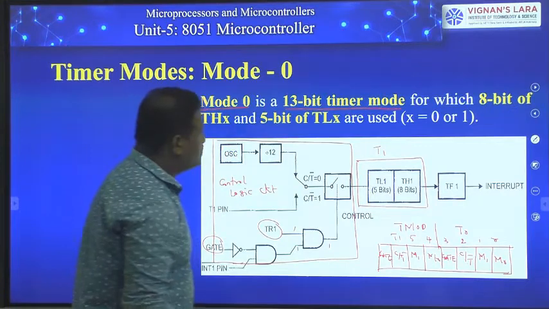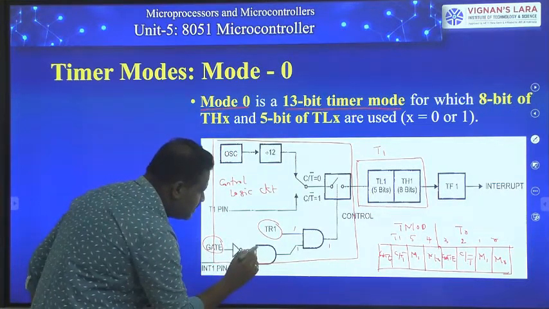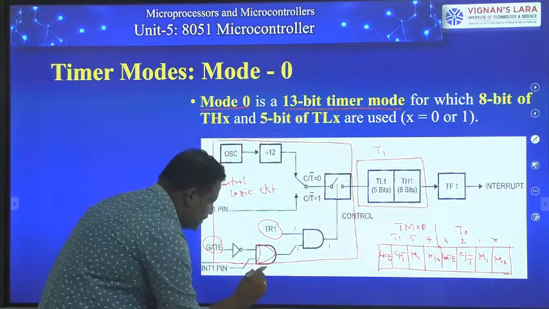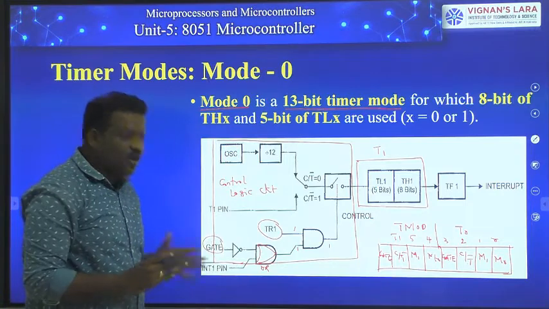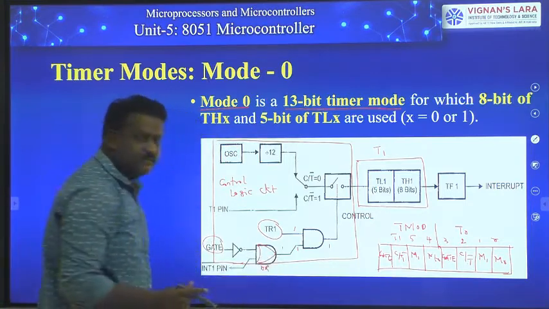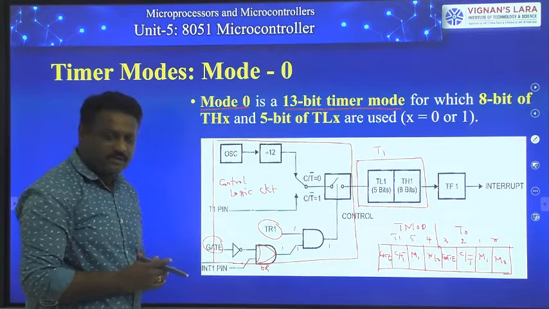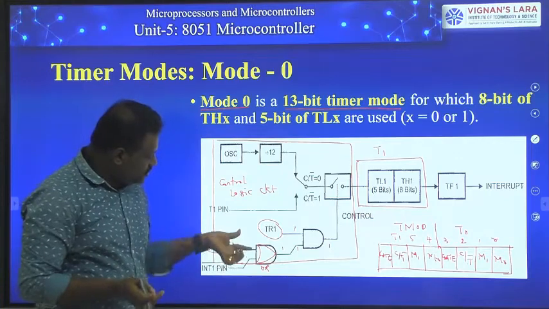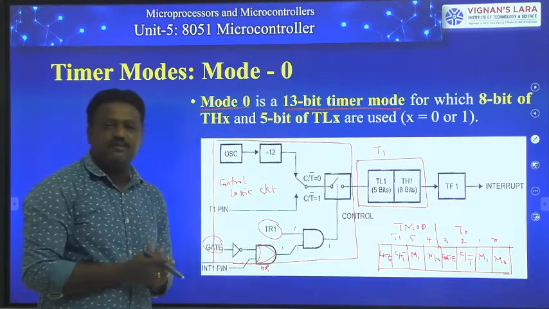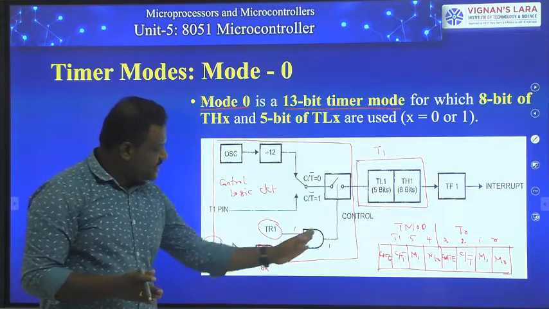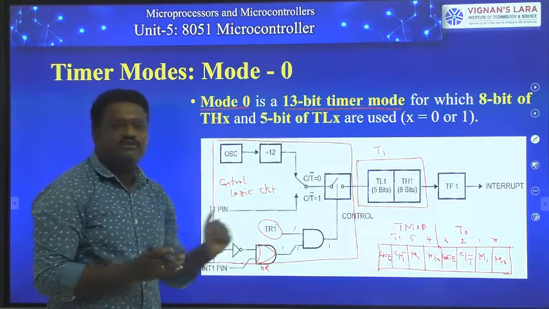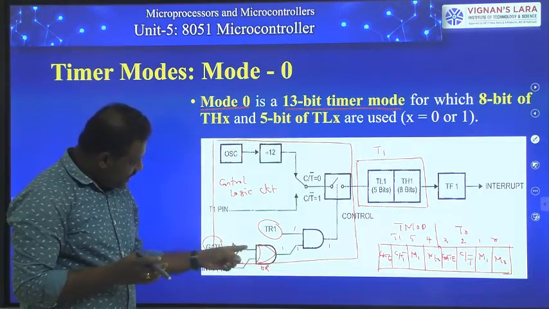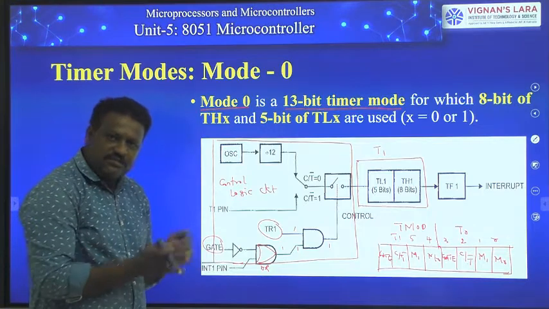Sorry friends, this is not an AND gate. This is absolutely an OR gate. If it is an OR gate, it produces logic 1 when either of these 2 inputs is 1 or both inputs are 1. Once both inputs of the OR gate are 0, the output of the OR gate is 0. Then the AND gate also automatically produces logic 0, and at that time our switch is open. So now the OR gate produces logic 1 when either of these 2 inputs is 1 or both are 1.